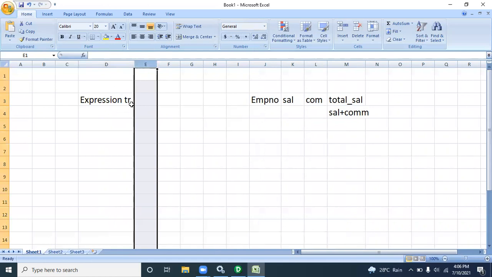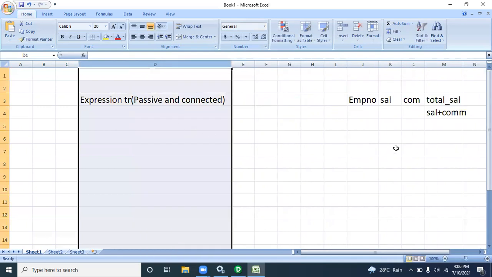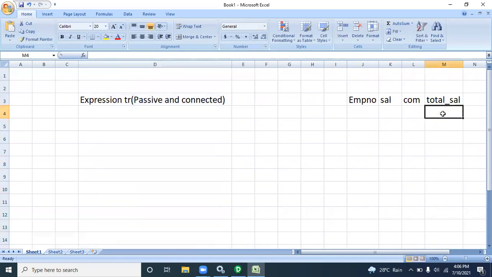Expression transformation is passive and connected. Why is it passive? Because it will not change the existing data.